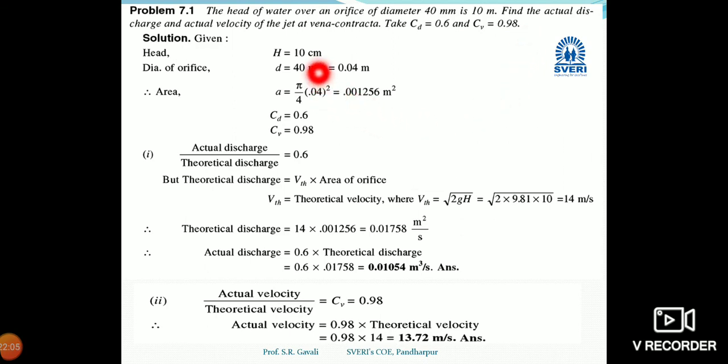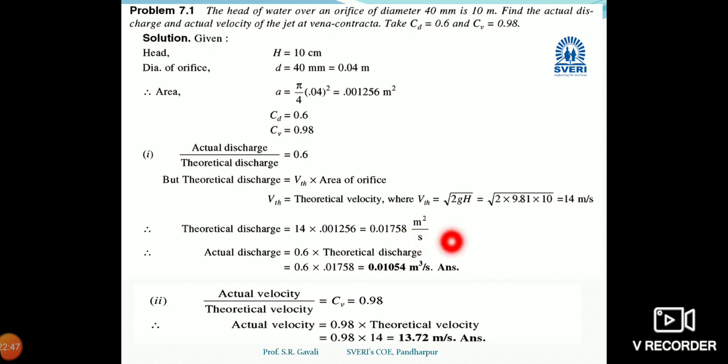Therefore, what they have given? Diameter, from the diameter we can calculate the area, 0.01256 meter square, because pi by 4 d square. Then CD is given as 0.6, CV is 0.98. Then CD is equal to actual discharge divided by theoretical discharge. Theoretical discharge is theoretical velocity into area of orifice, that is area of orifice into root 2gh. Theoretical velocity is 14 meter per second, because if you put 2 into 9.81 into 10, theoretical velocity is 14 meter per second. Theoretical discharge will become 14 into area of orifice,